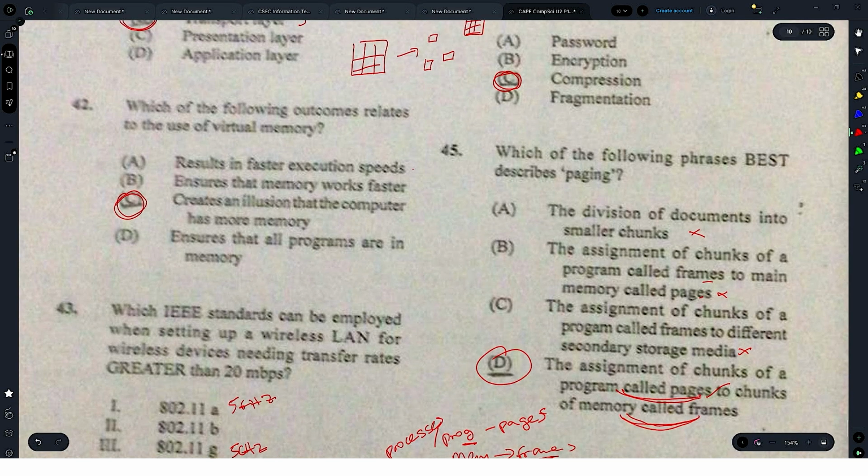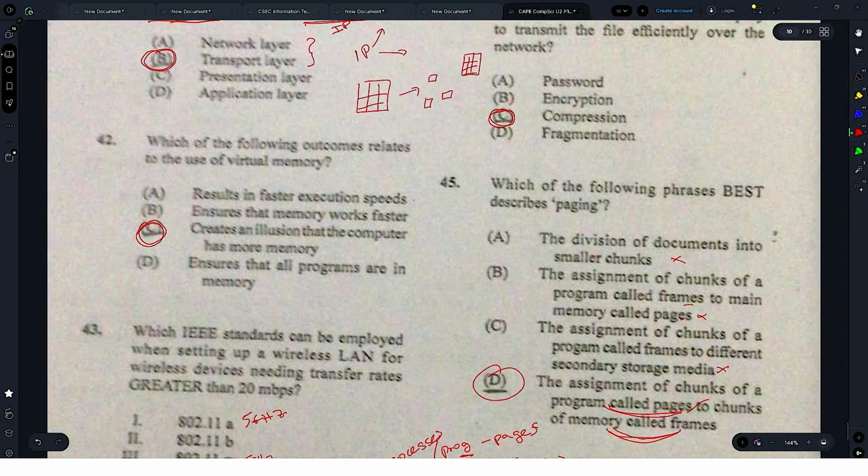That is all the newer questions. If there are any newer questions, I can't remember how many questions are new, but